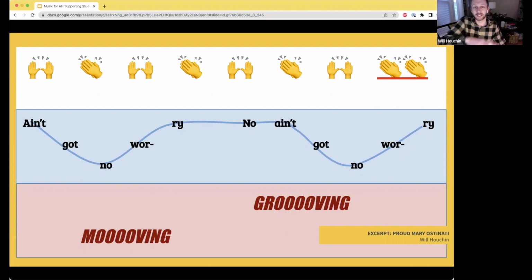And so there's obviously an example of different types of notation, different types of iconic notation. But for students who are maybe not really feeling into singing that day, there's a body percussion choice. So the top line is the emojis with pat, clap, pat, clap, pat, clap, pat, double clap. The middle line is a little bass line students can sing. They can sing "Ain't got no worry, no ain't got no worry." And then the bottom line is kind of like a little background harmony that goes